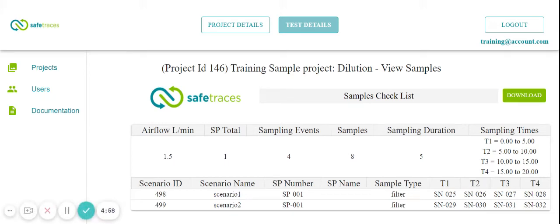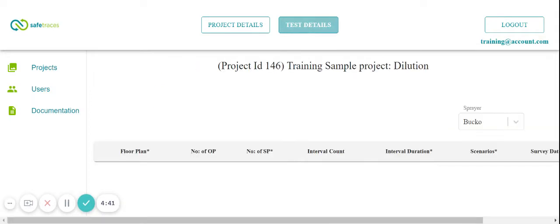Hello everyone. In this video, we will continue to see the workflow steps on the test details page for a dilution test. This is the samples page where the user can download this table. And going back to the test details page,